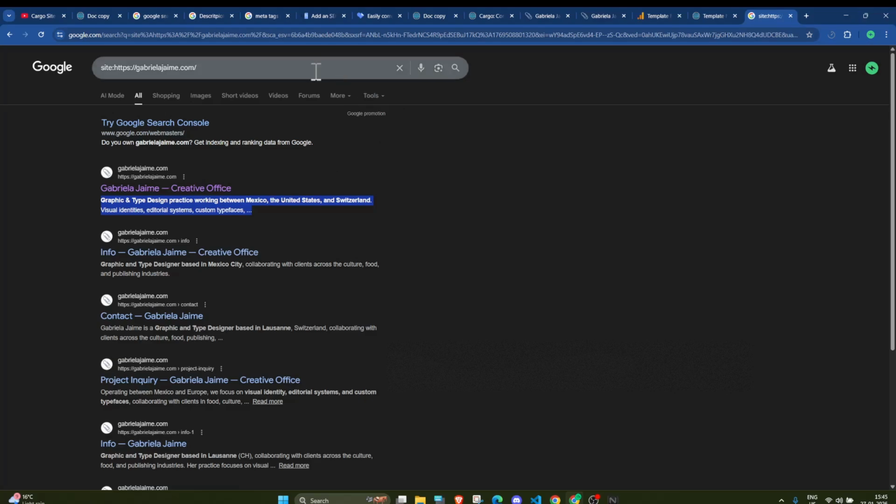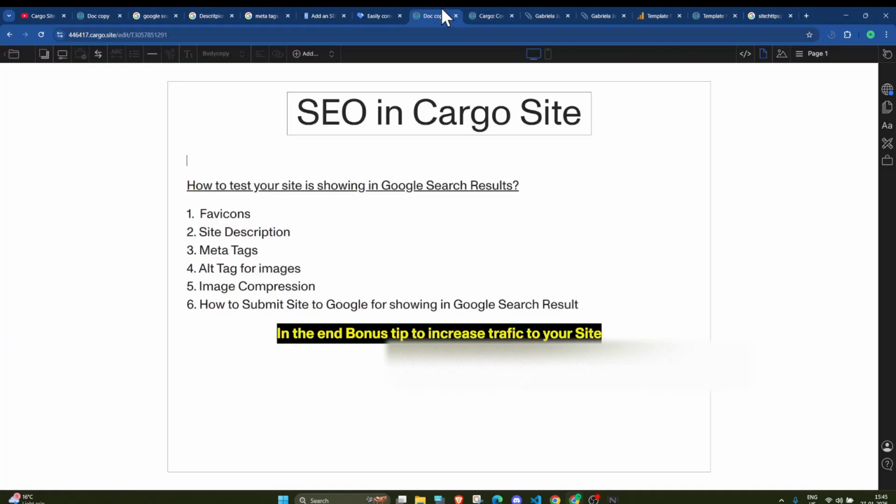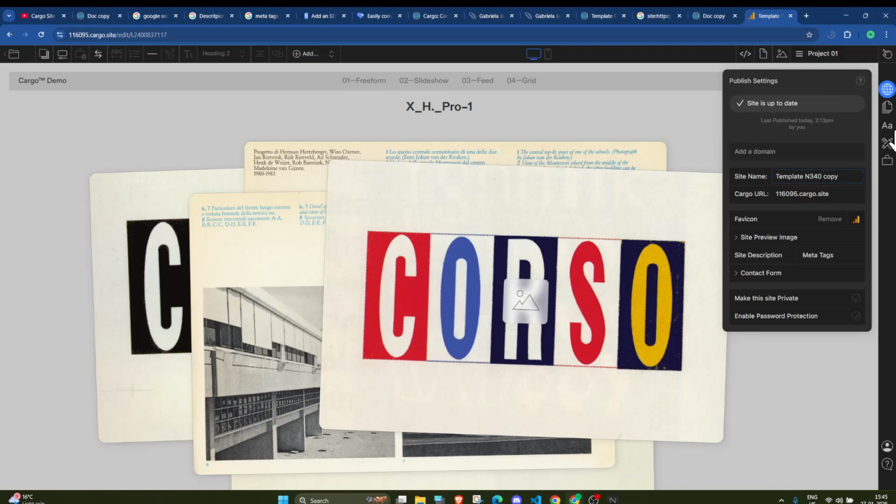Simply go to the publish setting, and here in the site description you can change it to, this is my site description, and simply publish the changes.